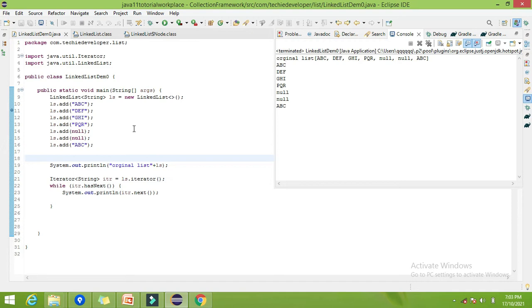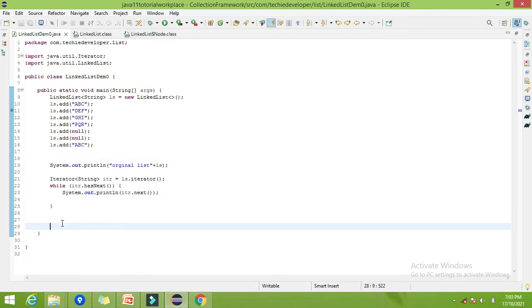Now let's try to execute all the linked list specific methods. Whatever methods we have already covered in the collection, list interface and array list are all valid for the linked list, because linked list is an implementation class of the list. That means the methods for add, remove, get, set are valid for the linked list. Only the implementation is different, but all the syntax will be similar to array list.